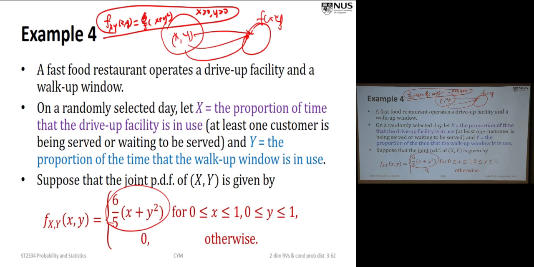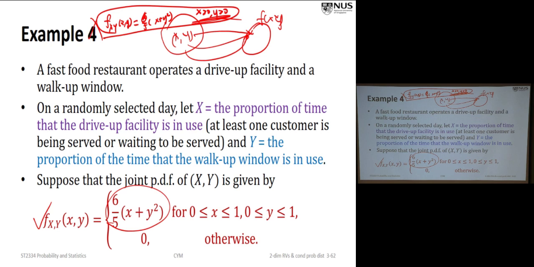The volume is equal to 1. And in fact, this is not true. Because if what I have here is a PDF, then this cannot be a PDF, right? Because over the region, in fact, this is infinite if you integrate over the whole real R square plane. So my point is that you have to be aware of this subtle difference. That joint PDF has to be bigger than or equal to 0.